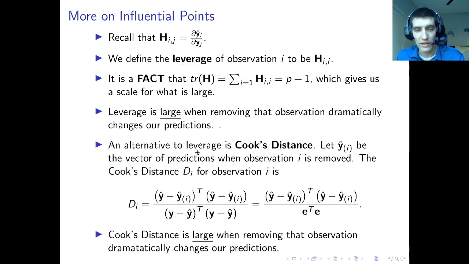So an alternative to leverage, an alternative measure of influence, is called Cook's distance. Okay, so Cook's distance is defined as follows. We let y hat with a subscript paren i denote the vector of predictions when the ith observation is removed. Okay, so this is of length n minus 1 instead of n, because we've removed the ith observation. So Cook's distance, which I'm going to denote d_i, for the observation i, is defined as follows. So what it is we say, oh,